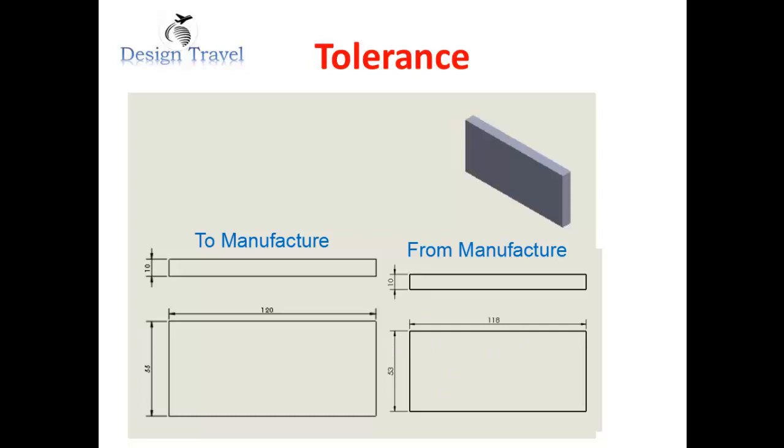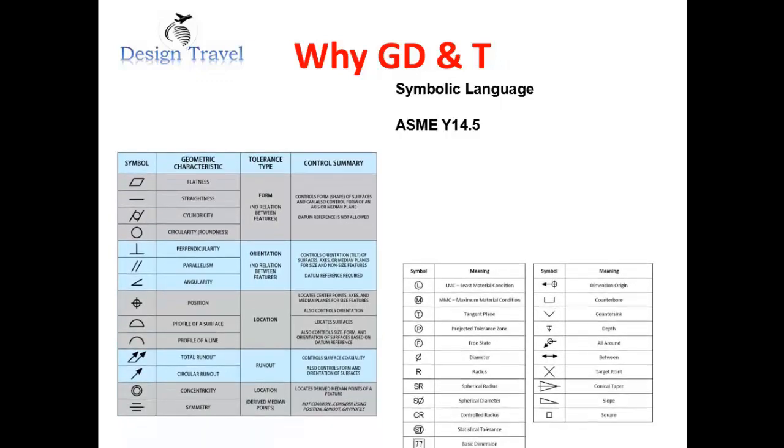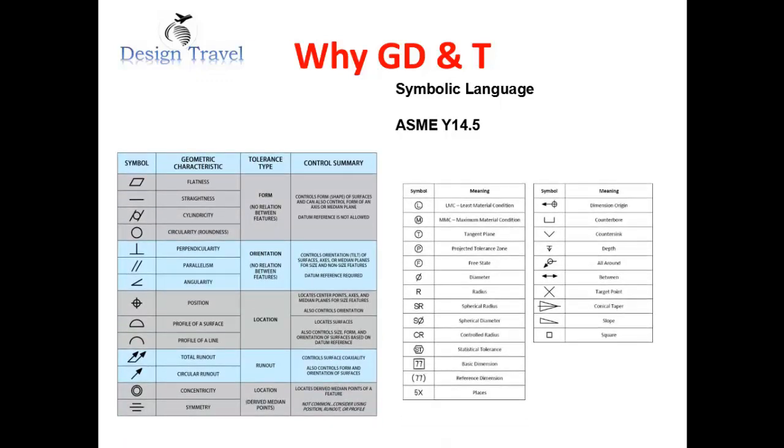There is another method to calculate the tolerance separately. There is both a higher value and a lower value. The difference between these limits is called tolerance. We cannot manufacture the component exactly in the correct dimension because of human error and manufacturing error. So to reduce that, we are using the GD&T symbols.